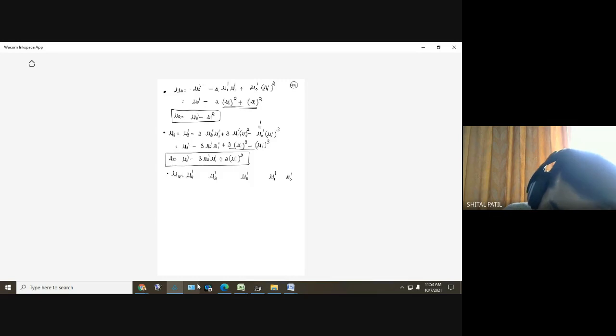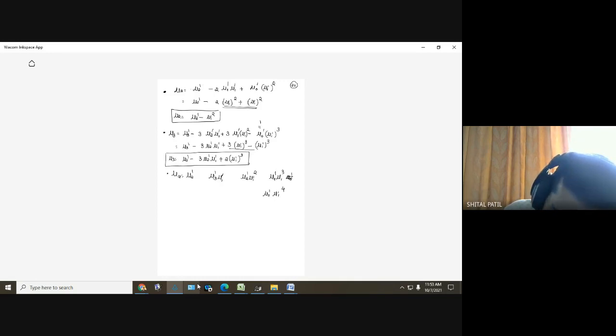Okay, first step. Second step, different powers of mu1 dash. Mu1 dash raised to 0, mu1 dash raised to 1, mu1 dash square, mu1 dash cube,